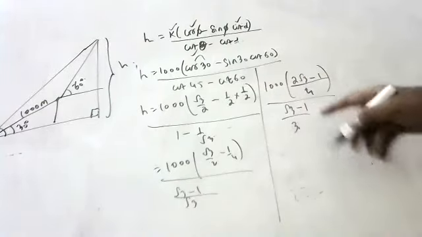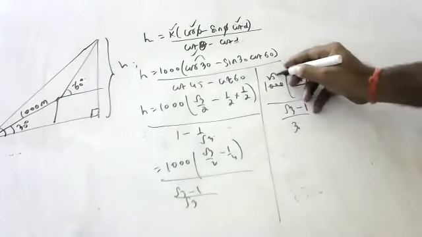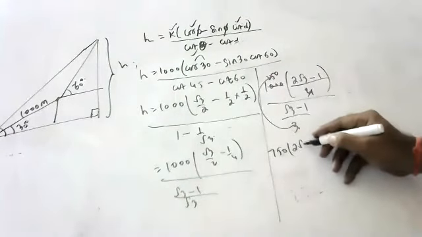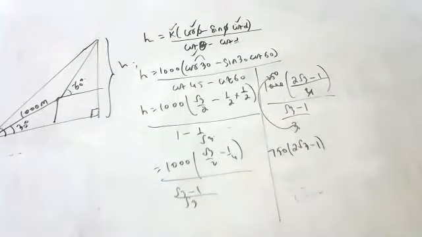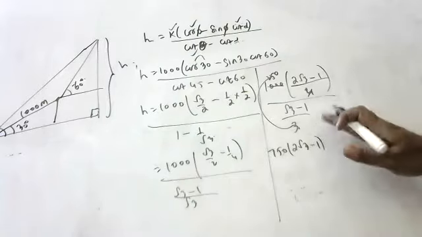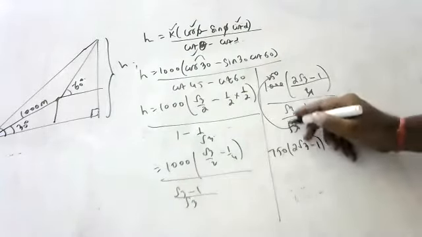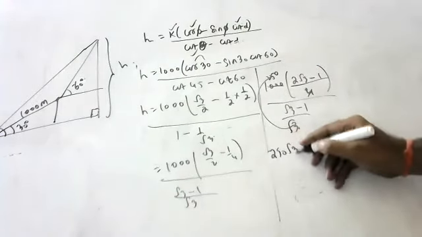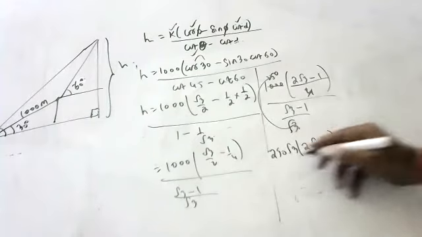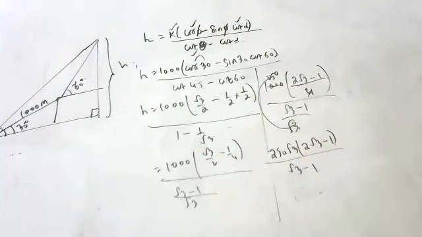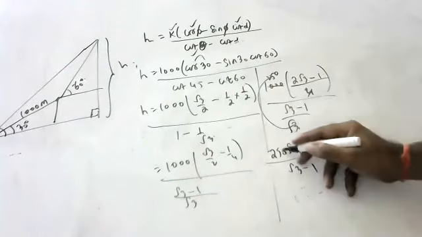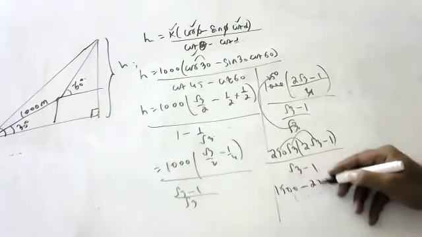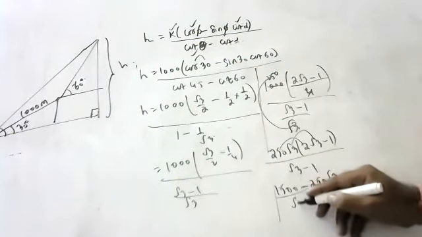Okay, children, so this is going here. This is 4, 250 is up, this is going up, children. Sir, it is root 3 in the denominator. Root 3 means it will not get cancelled. So 250 root 3 into 2 root 3 minus 1 by root 3 minus 1. Okay, children? So 250 into 3 is 750. 1500 minus 250 root 3 by root 3 minus 1.